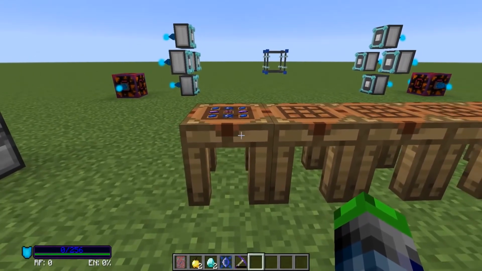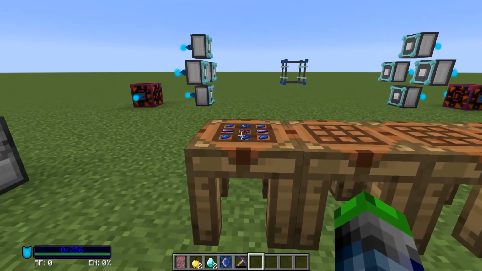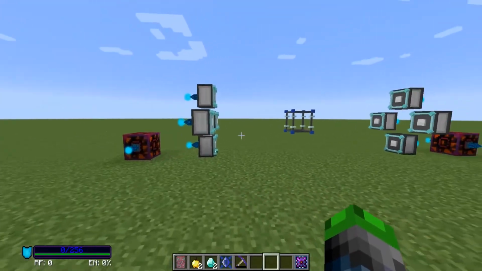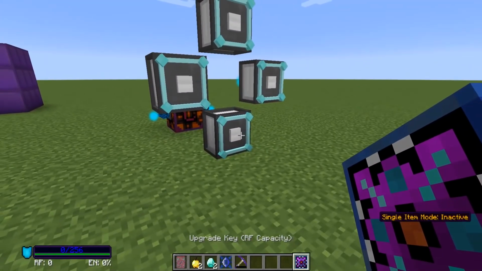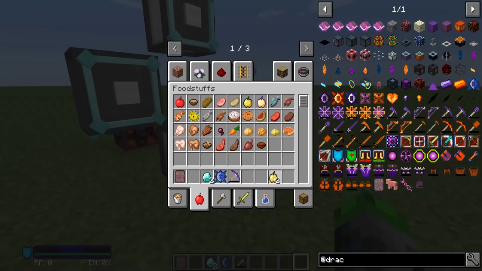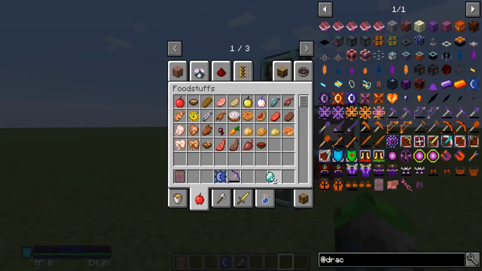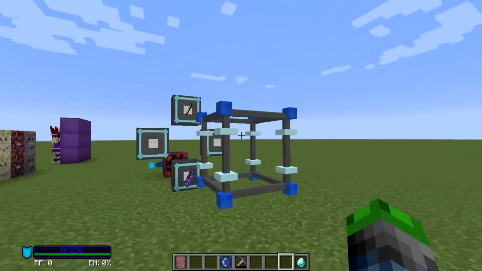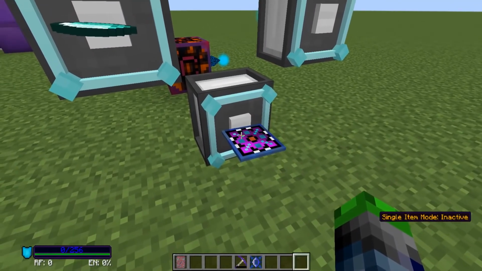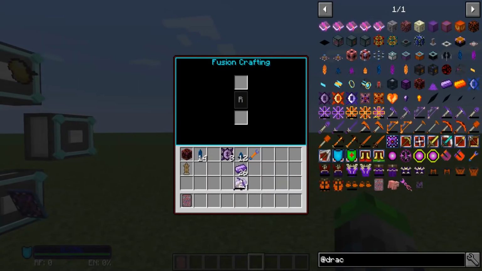Alright guys, so the next step we're going to do is upgrade our pickaxe of the Wyvern, and to do this we're going to need to make an upgrade key, which just upgrades the RF capacity, so the amount of storage it has. And you're going to need 2 golden apples, so 1 golden apple over here, 1 golden apple over here. You're going to need 2 diamonds, 1 over here, 1 over here, and then we have our upgrade here. You're going to need a Draconic Ore on the other side. And if we put this in here,